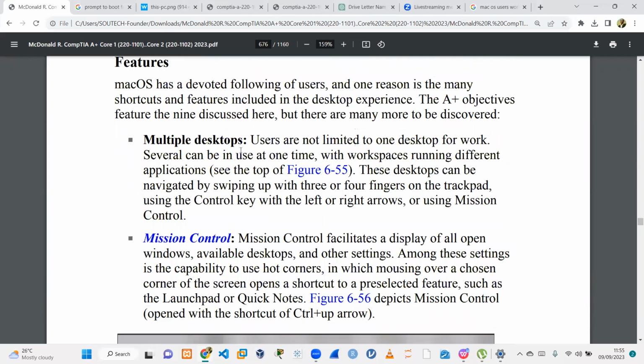Other features are multiple desktops. Just like for Windows, you can also have multiple desktops. Control key with the right or left arrow can help you. These desktops can be navigated by swiping up with 3 or 4 fingers on your trackpad. It's just like even on Windows or Mac,